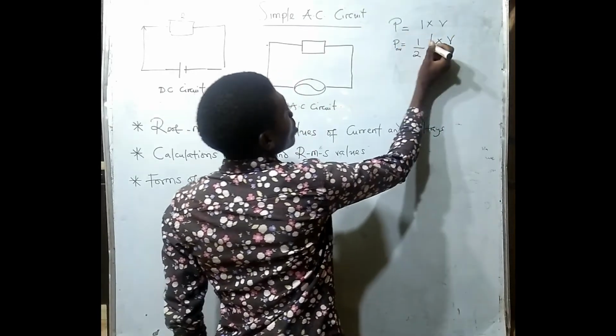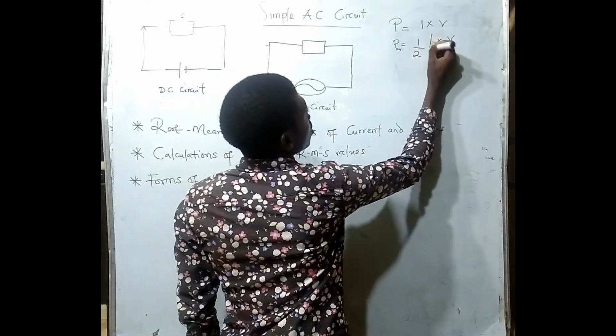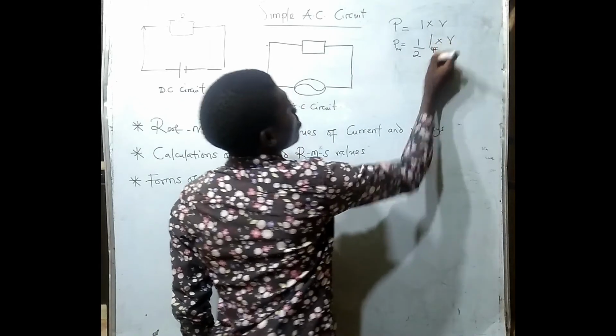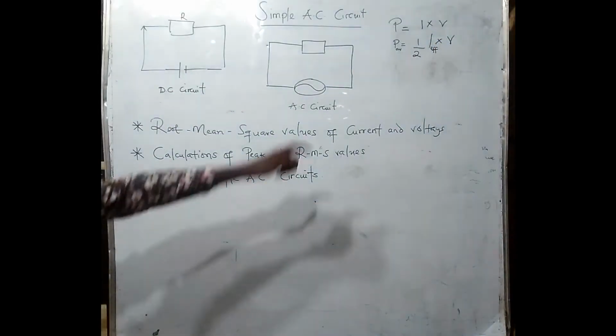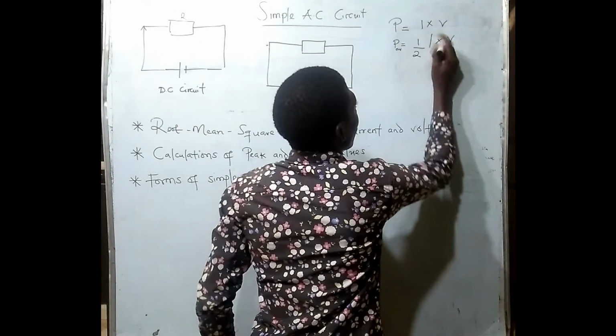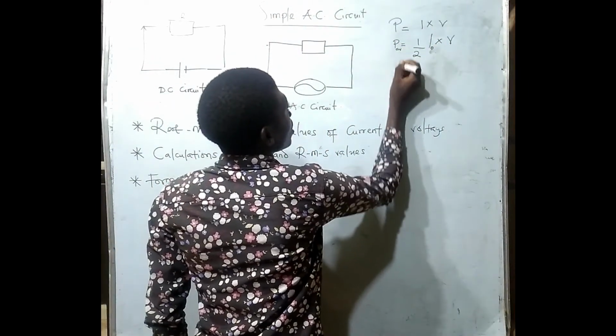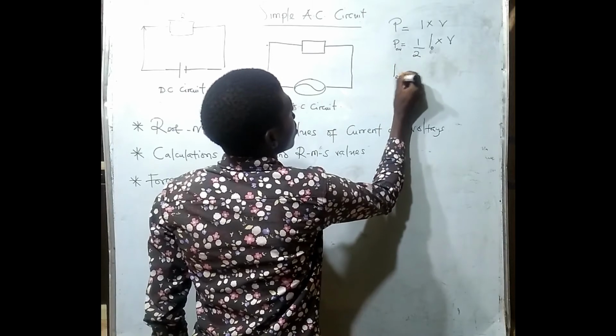But we need to know that the current at this point is our effective value. So this way we can consider it as our peak value. So this way we can consider having our average power to be